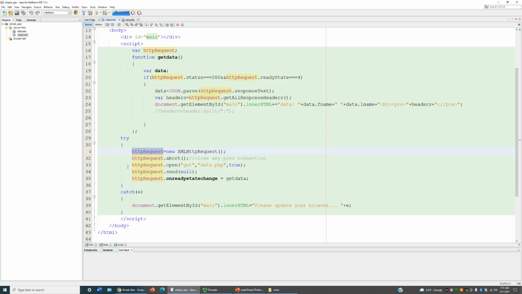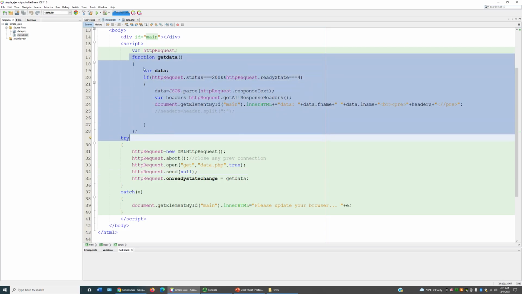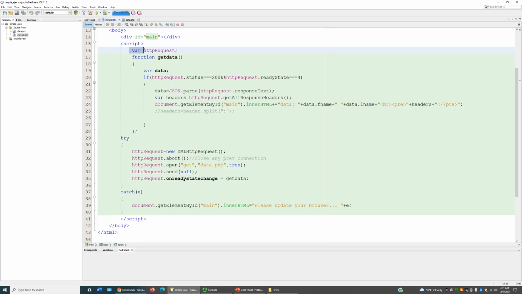So you instantiate it here, and you run through it. And then when you get up to the get data function, that means since this HTTP request object is declared at file scope, it's still alive and also been